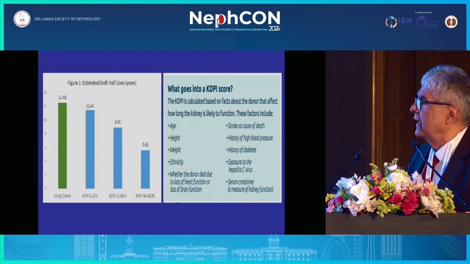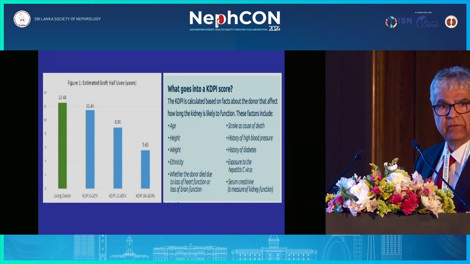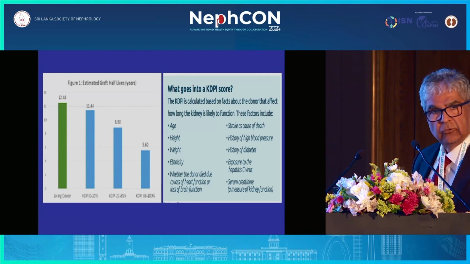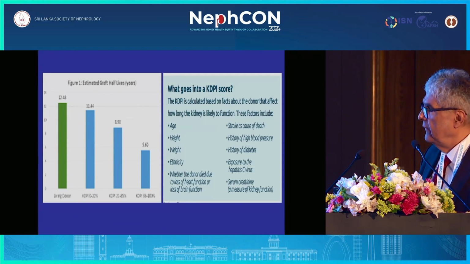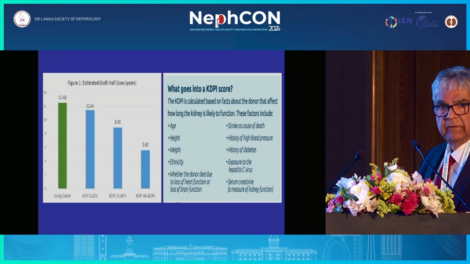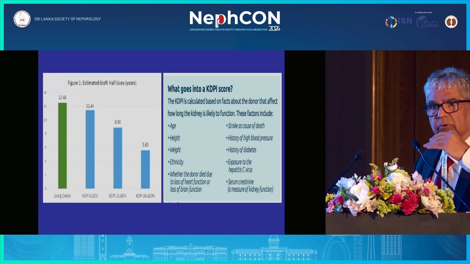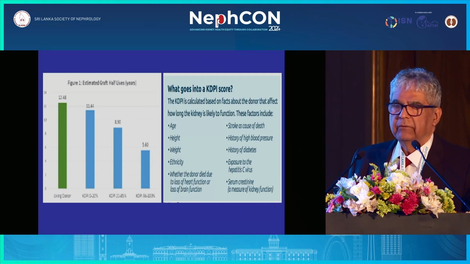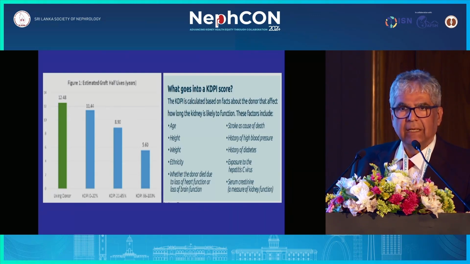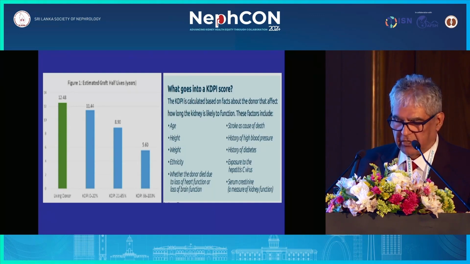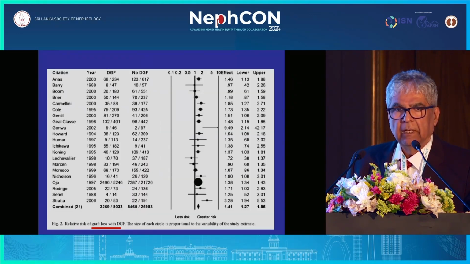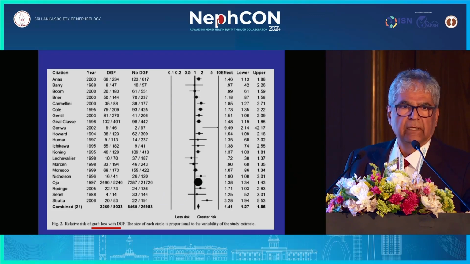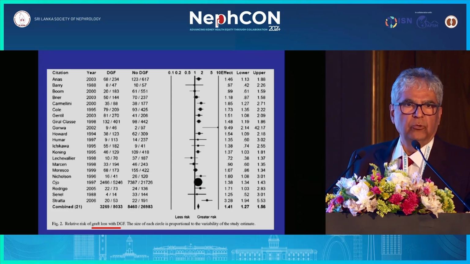So this is still the half-life. Now this is the 21st century, it is 2020. The living donor half-life is 12 years. These are live donors. And with standard criteria or expanded criteria, the graft survival goes down. So we have not improved from 1980 or 1990. Long-term survival has hardly changed. Now the focus is on the quality of the kidney, and for those who do deceased donor transplants,